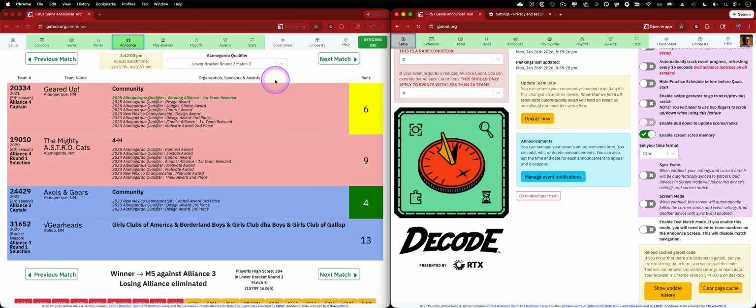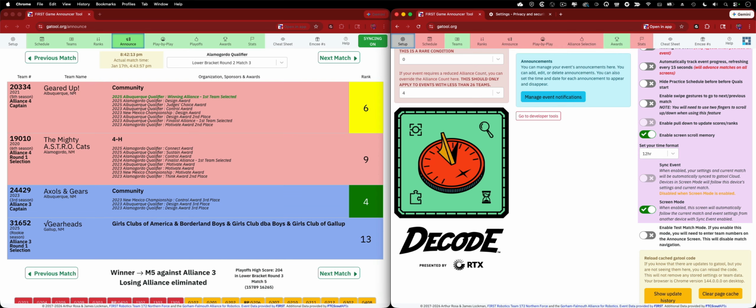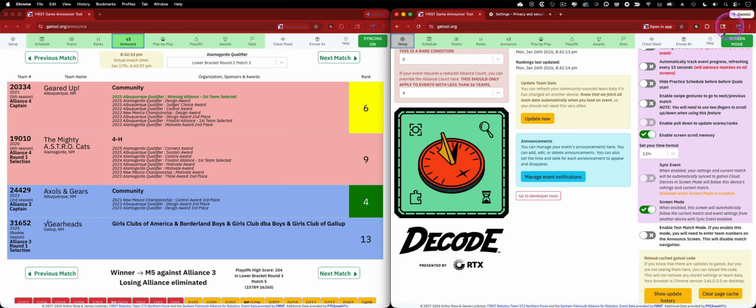And the last one is this guy. You'll see that this one that is syncing is kind of the parent or the primary screen. And when you're in screen mode, it will tell you once it's synced up and running that it's in screen mode. So you'll be able to tell which one is paying attention and which one is doing all the driving. Again, we hope that this will be useful to you,